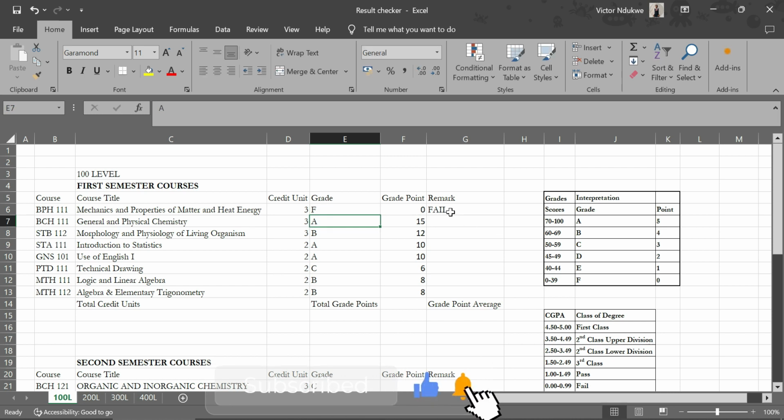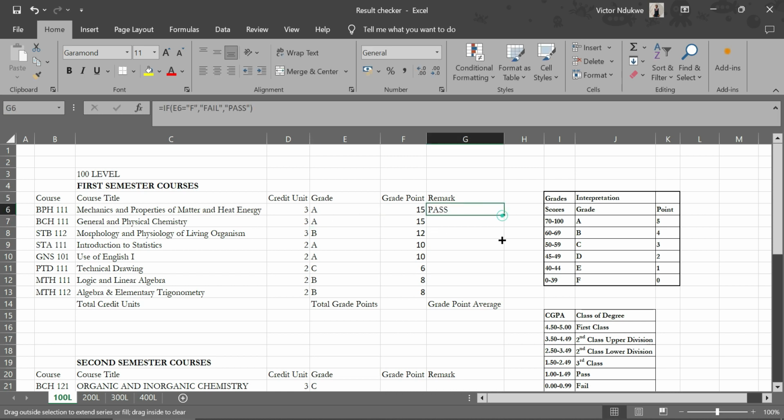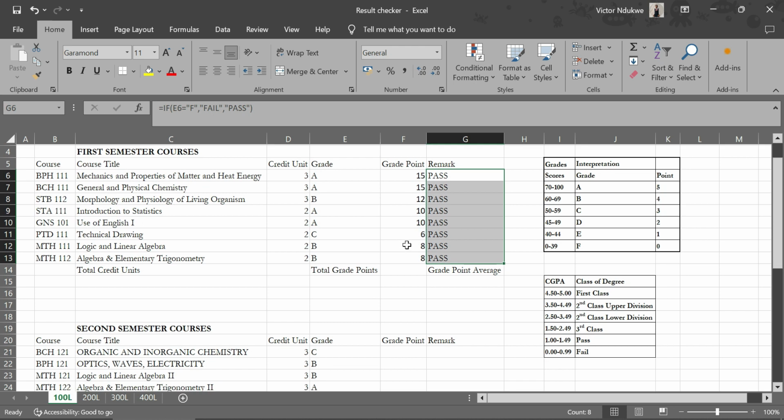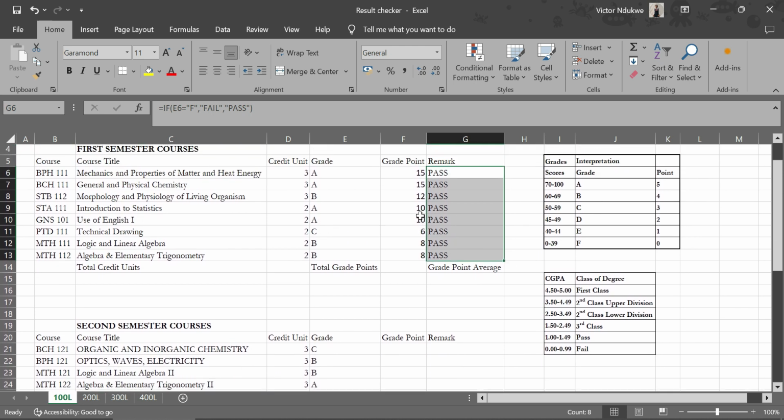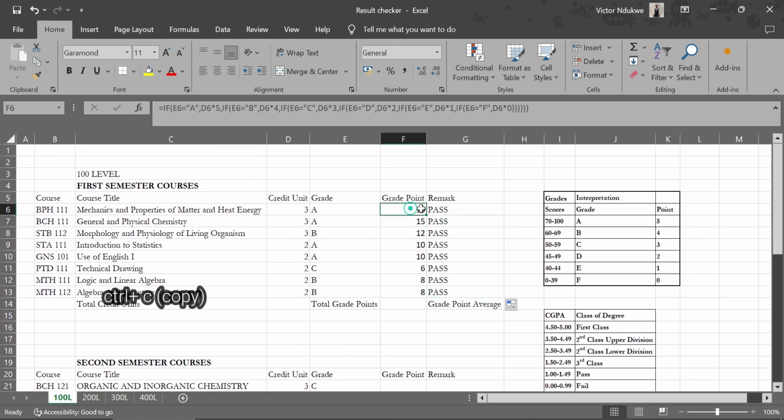It will tell me that, oh boy, you failed though. But since it's not an F, it's a pass. So I'll just drag this down. So we can see all passes, all passes. So I will do the same